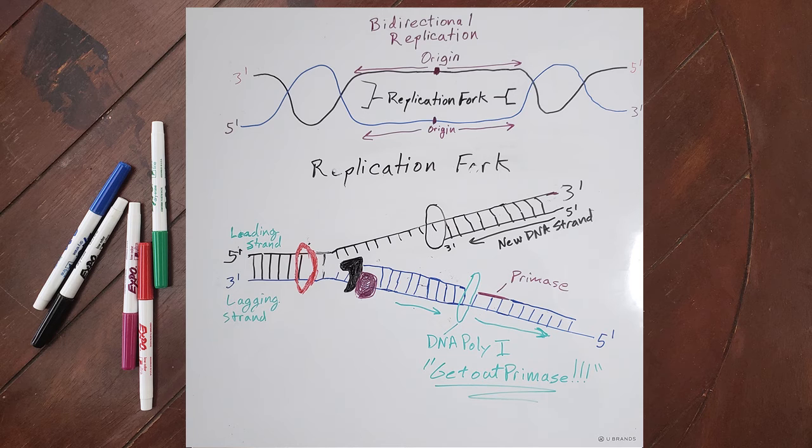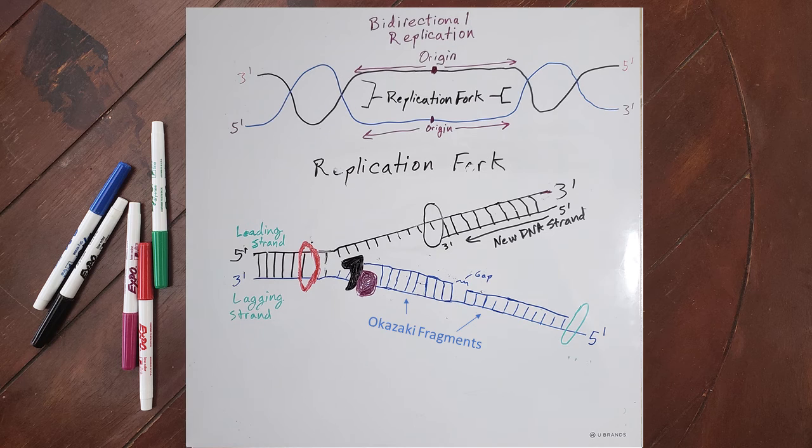Opposite to the leading strand, the lagging strand runs in the 5' to 3' direction. In the lagging strand, DNA polymerase III can only move 3' to 5', causing it to move in the opposite direction of the replication fork. For DNA polymerase to work here, several RNA primers are required to guide DNA polymerase. This results in fragments of replicated DNA strands being formed, referred to as Okazaki fragments.